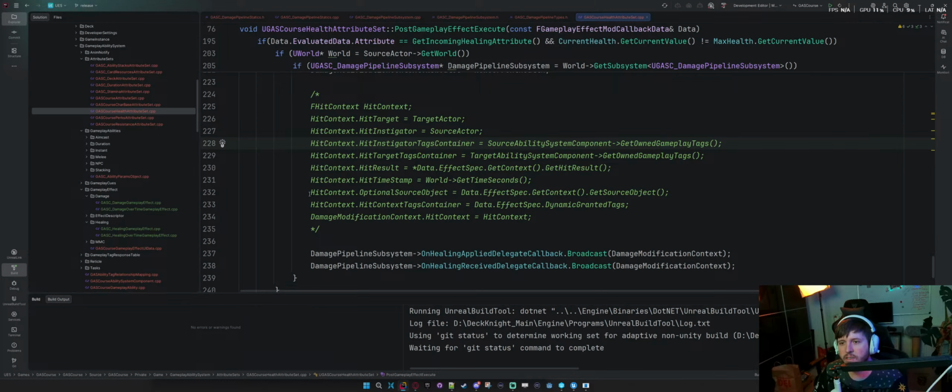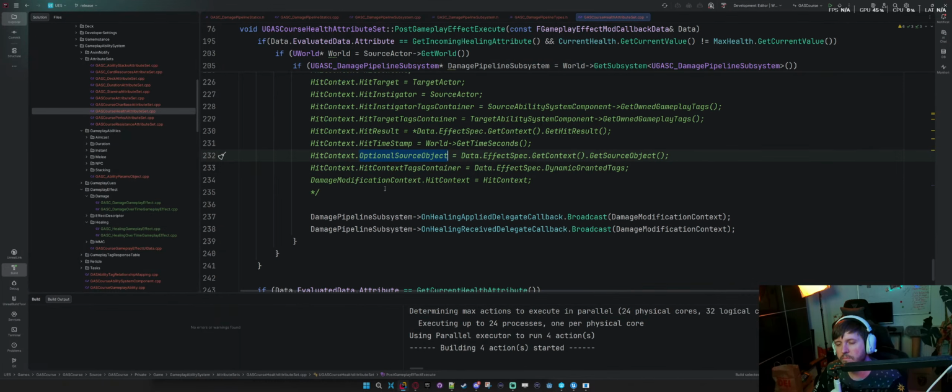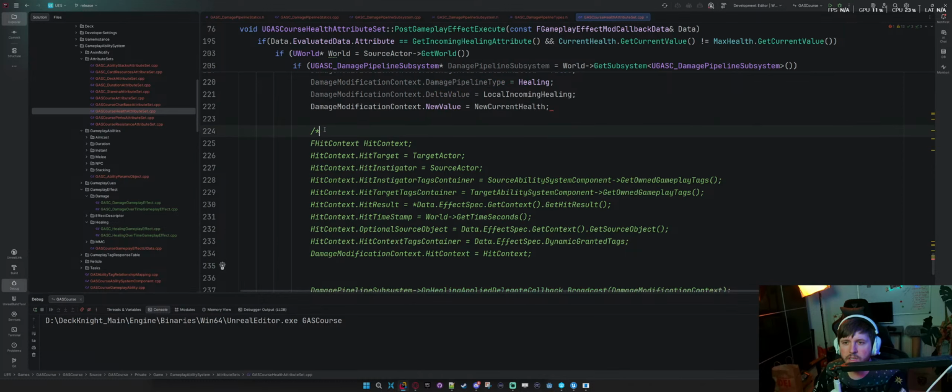Because maybe it's this thing. Yes, okay. This seems to be the problem because of get source object.